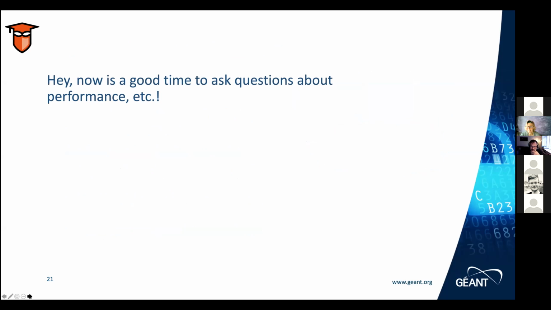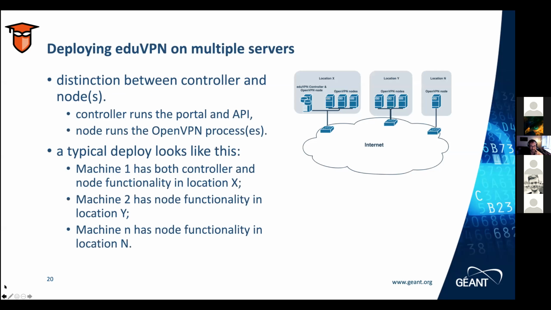Nice. Can I ask a question about the setup that you have there with locations X and Y? Sure, please. So you're using a different profile for each location. So are you using separate IP address pools for each location? Yes. Each profile has to operate in the network environment where it is deployed, so it makes sense that it has the IP addresses belonging to that location. Cool, thank you.